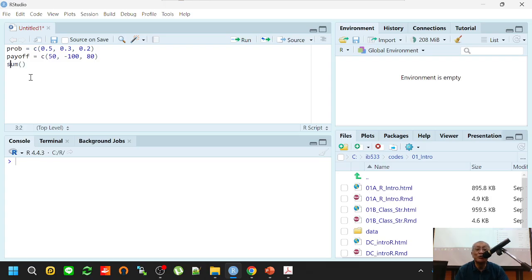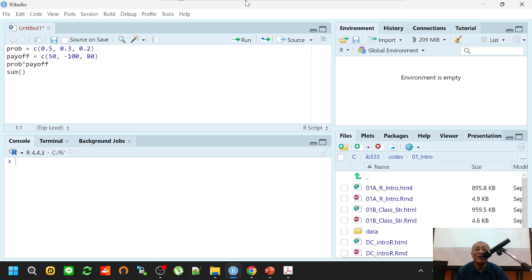We want to sum what? Let's see what happens if we do probability times payoff. Now, if you want to execute these 3 lines of code, let me execute 1 line of code